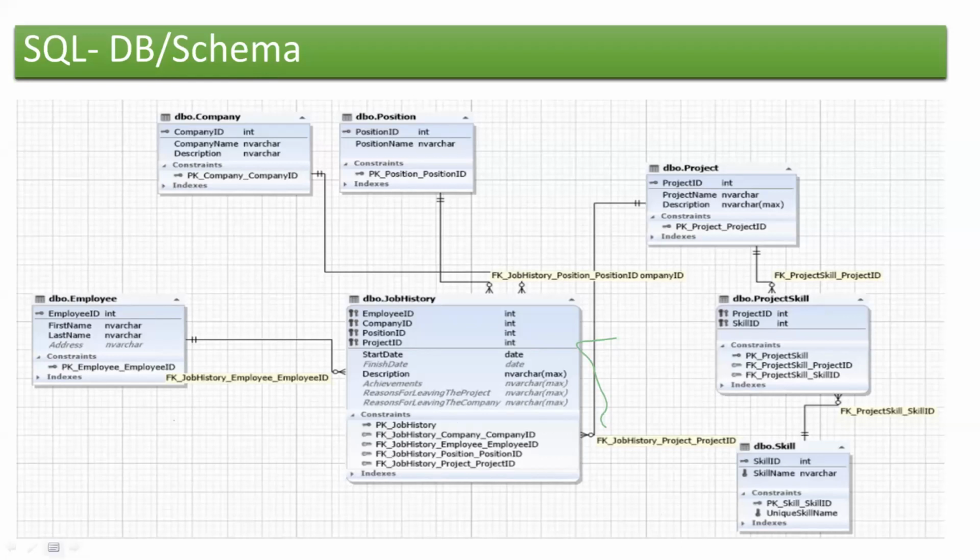Yes, sir. Can you please repeat that point once again? Yeah. Here you can see there is a PK, right? Yes, yes. And then you have all the values for the foreign key. Are you able to see FK here? The same foreign key. Yes. It is repeated here with the PK. Yes.